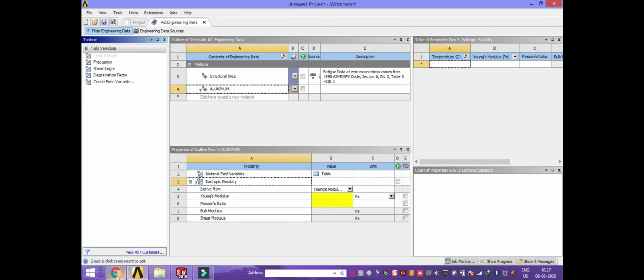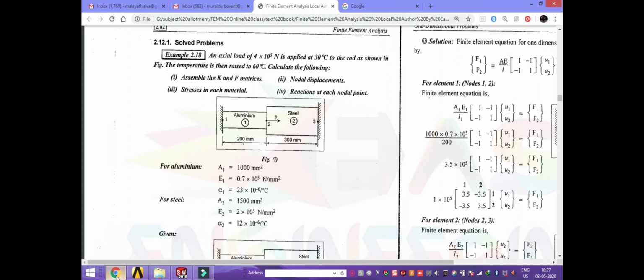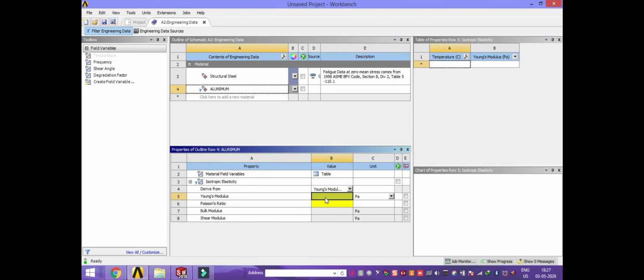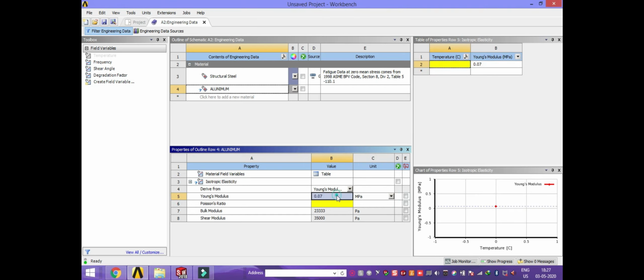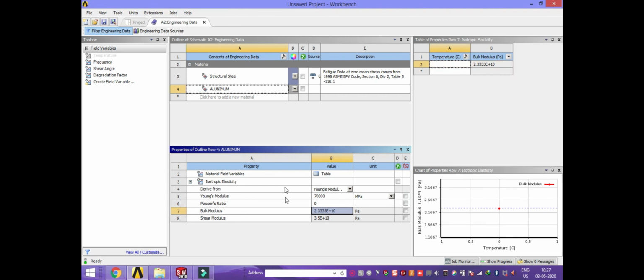The Young's modulus is 0.7 e power 5, in megapascal. The Poisson's ratio I don't know, so we are going to assume 0.